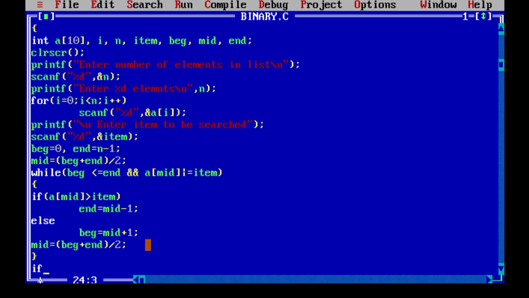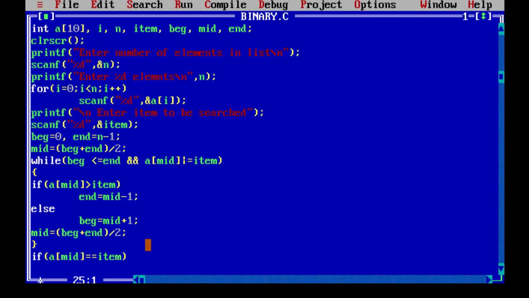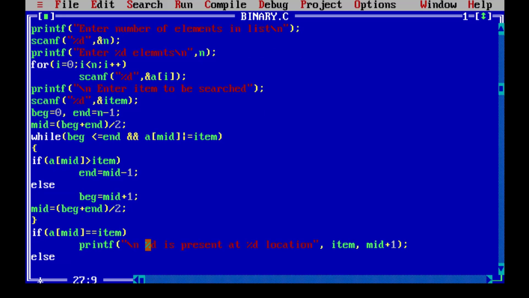So we will check that condition: if the value of the middle element is equal to the desired element, if yes, then print the message that the desired element is found at the particular position. But if the desired element is not found at the middle location, then we will print the message that the search is unsuccessful, or we were not able to find the element in the array.